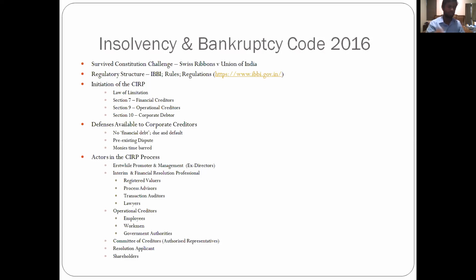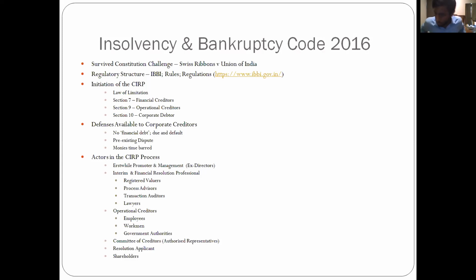A default needs to be adjudged on a case-to-case basis depending on the contract in question. Which is why I find that contractual concepts such as the ones I was referring to earlier will come in very handy, because every bank will advance you money based on its specific contract, and every contract will have certain defaults or when money becomes due and when it can enforce its security. It's on that day that your limitation starts, and not on the day when the code was passed or when you actually file in court. So limitation needs to be measured from your default date and not when your debt is due or when the filing is made.